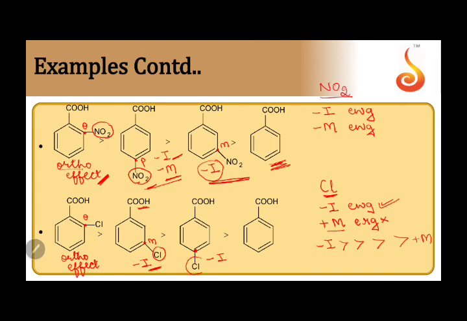This chlorine is present a little bit far away from this carboxylic acid. Therefore, effect is weakened now. Electron withdrawing tendency is weakened. Therefore, this is the order. Here we see the ortho effect. Here we see much more minus I effect as compared to here. And this is the last compound which does not have chlorine and hence it does not have an electron withdrawing group.